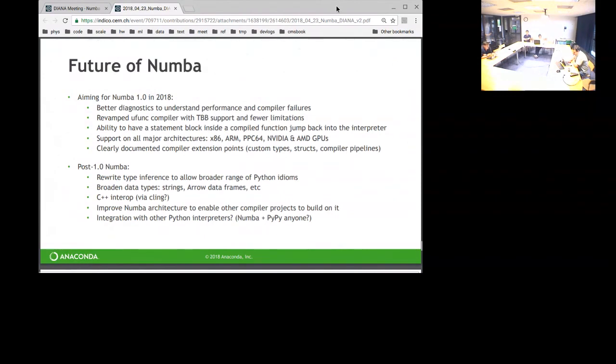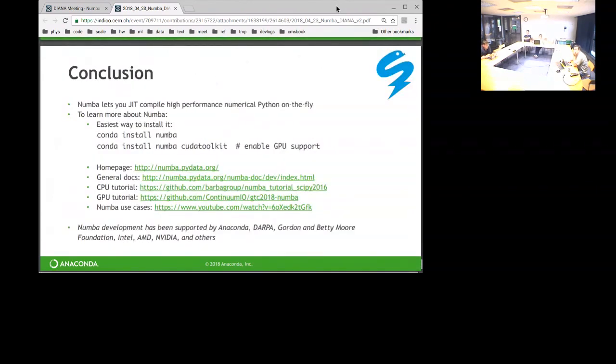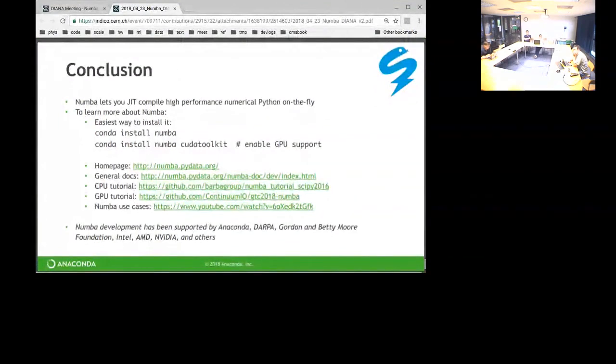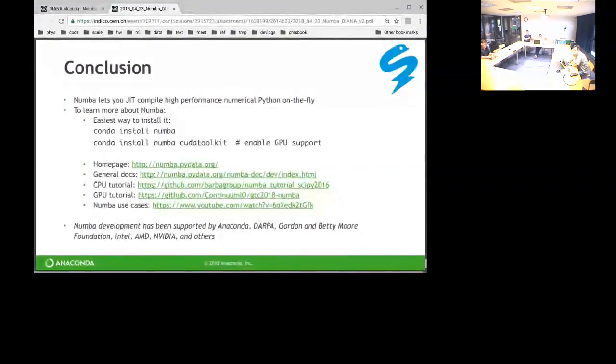Skip 24, you can look later. These are just some tips on when Numba is a good idea. And then finally, jumping to the conclusion slide, I just wanted to show you a bunch of links if you want to learn more about Numba, either looking at our docs, or if you want to see a tutorial for both CPU and GPU code. We have both of those. Recently, the lead developer on Numba gave a great talk at AnacondaCon about ways that people have used Numba, all sorts of projects, including OAMAP, which is an interesting watch just to see how people have used Numba in the wild. So with that, I'll go ahead and stop so we can jump over to Chris.